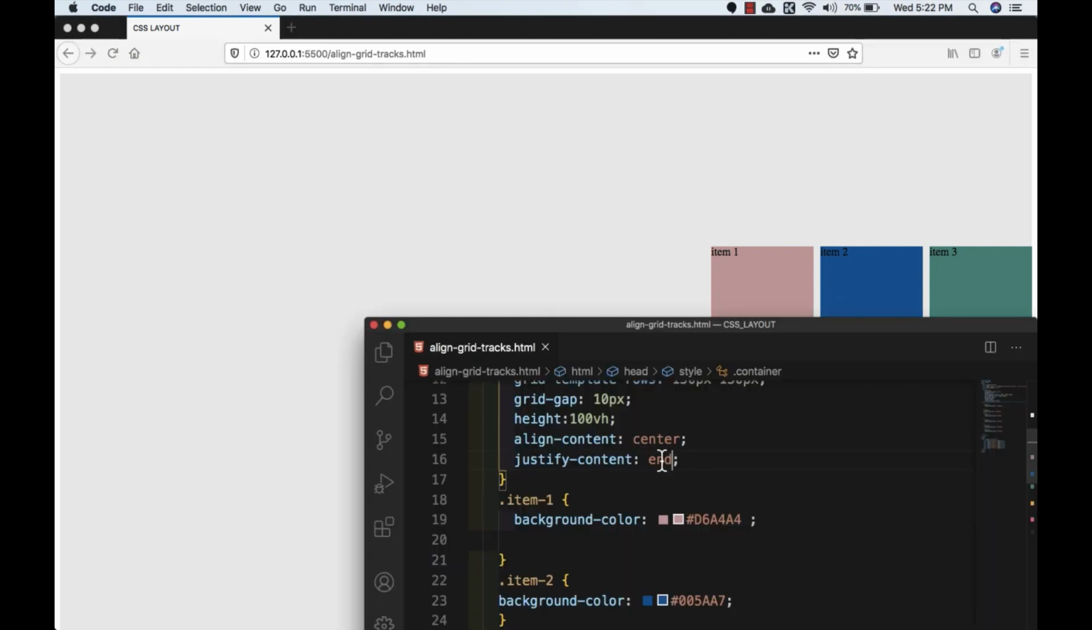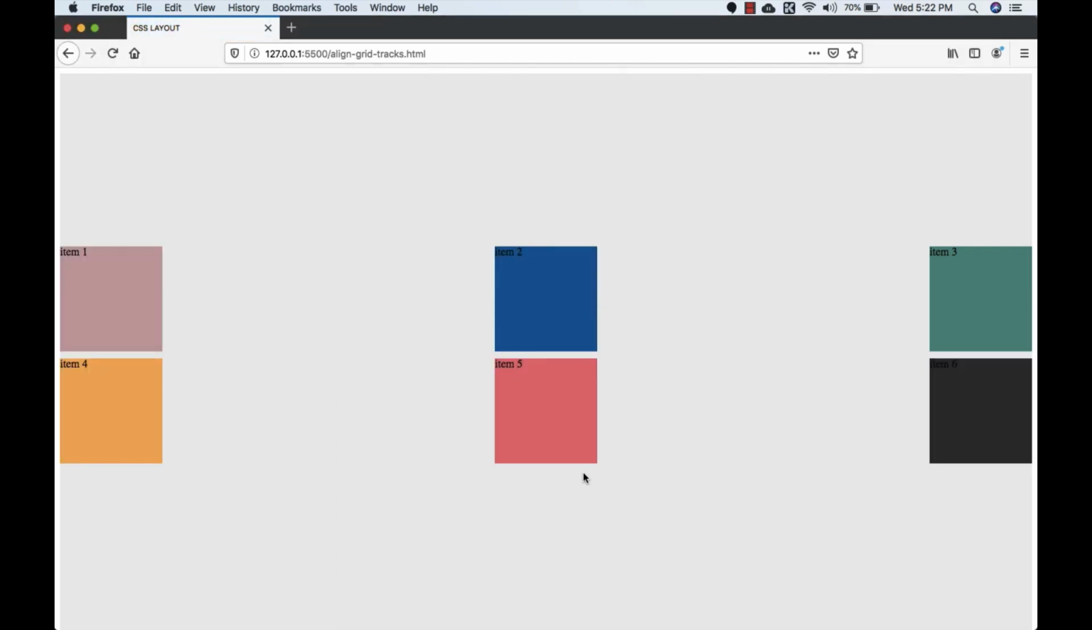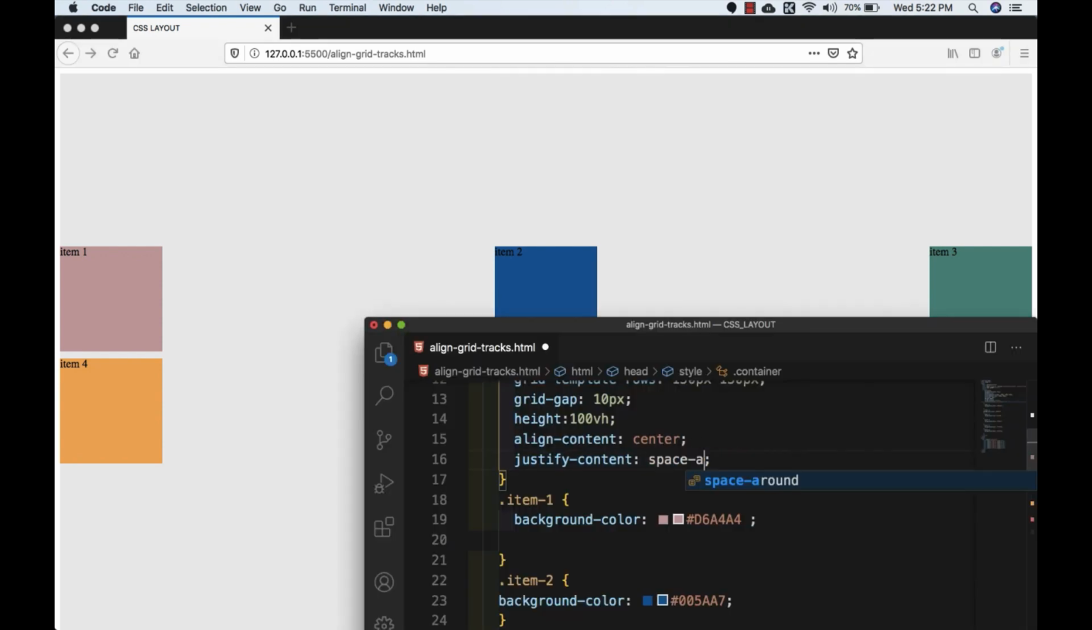In justify-content, I will use the value space-between. And let's save this. As you see, all the grid tracks have space in between. So the first column track is placed at the left-hand side, the last one is placed at the right-hand side, and the middle one is in the middle. And now if I change this to space-around